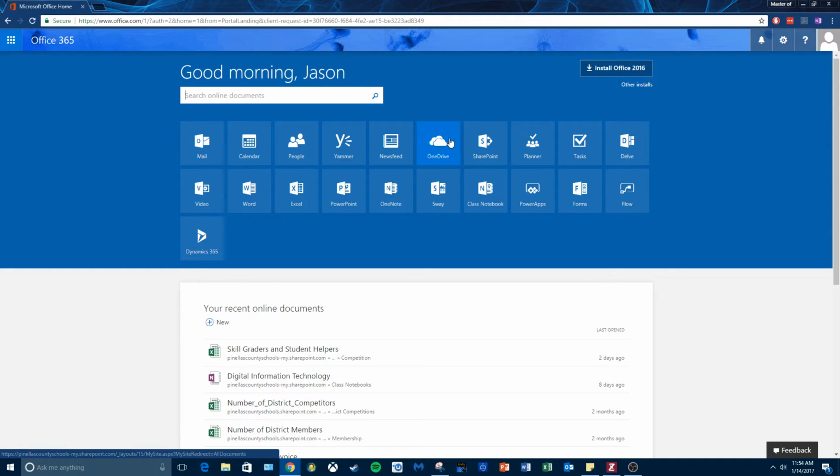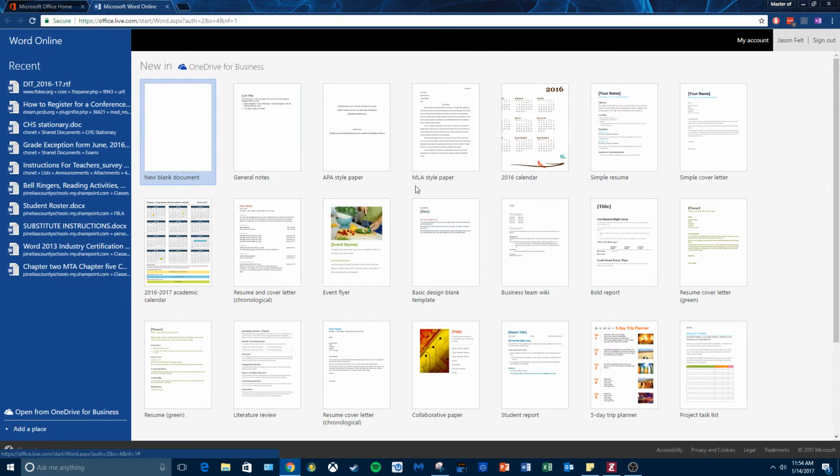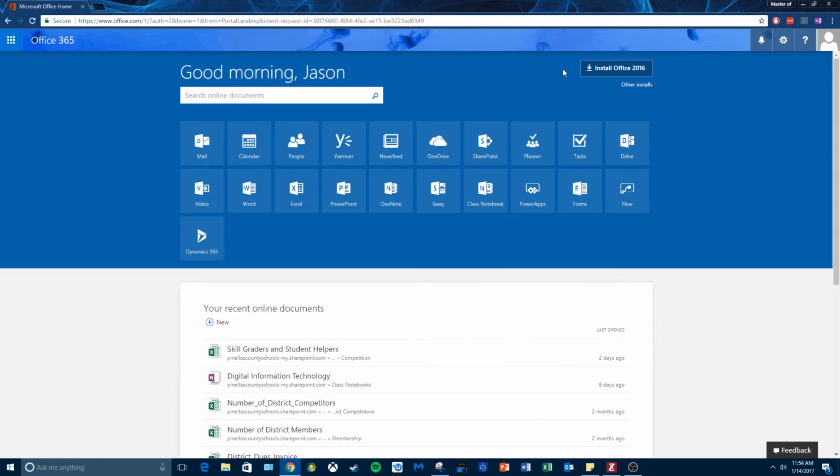So your OneDrive is your cloud-based storage. You can have Word Online, Excel Online, PowerPoint Online. If I click on Word, I can create a new document through Word Online. So you don't have to have Word on your computer or Excel on your computer. But what we need to do, not to get ahead of myself, is we need to install Office